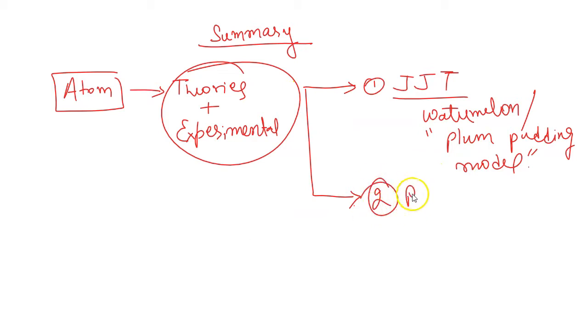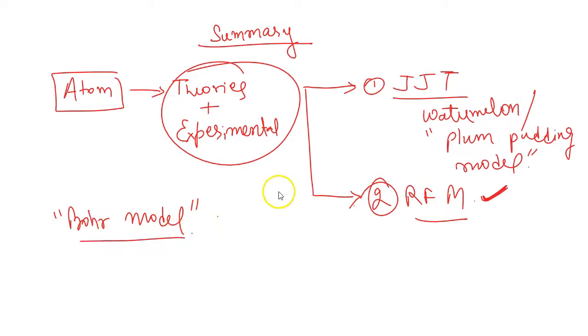Next, we talked about Rutherford's model, and this overcame most of the limitations of the model seen by J.J. Thomson, and it was very clear to the correct model of the atom that we use now. What we will remember is that the present model of the atom is based on Bohr's model. We will not discuss Bohr's model in detail, but at a later stage we will discuss it in the foundation classes.